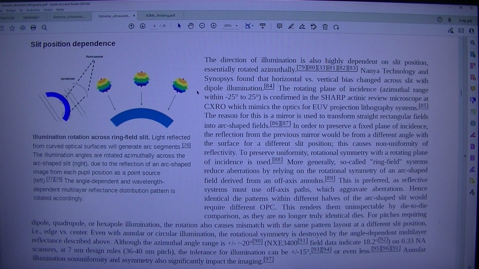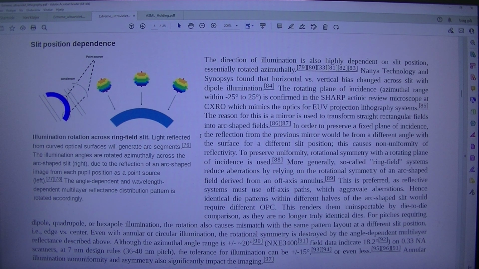The rotating plane of incidence, with an azimuthal range within -25 degrees to 25 degrees, is confirmed in the SHARP actinic review microscope at CXRO, which mimics the optics for EUV projection lithography systems. The reason for this is that a mirror is used to transform straight rectangular fields into arc-shaped fields. In order to preserve a fixed plane of incidence, the reflection from the previous mirror would be from